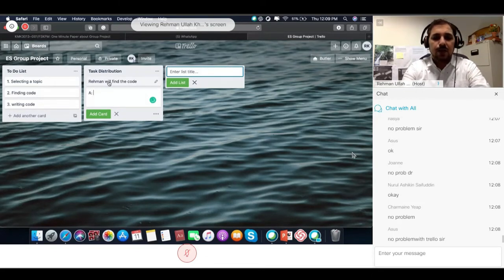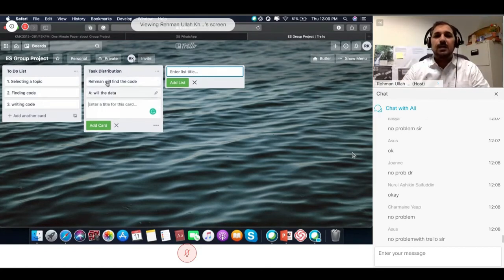A will find the data. Just an example. So in this way, everyone, you will have to distribute the tasks.